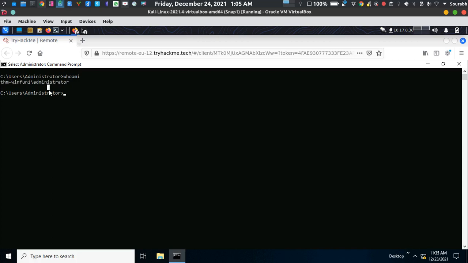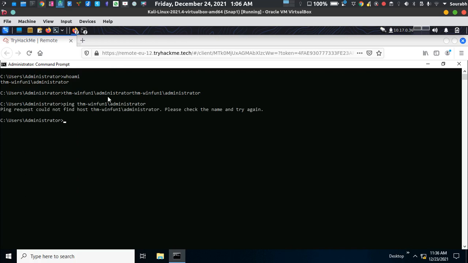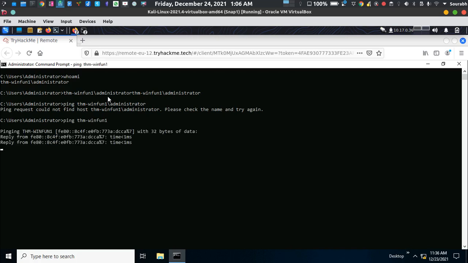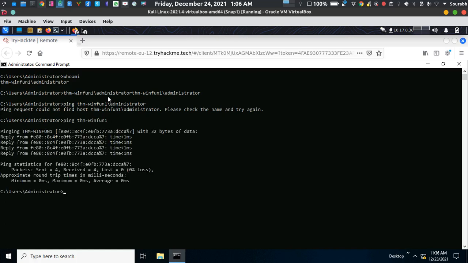Okay, so this is your name in the network. Let me show you how we can use this for pinging. Okay, I did something wrong because I put the administrator in also. Yeah, so I can ping that particular host name also.